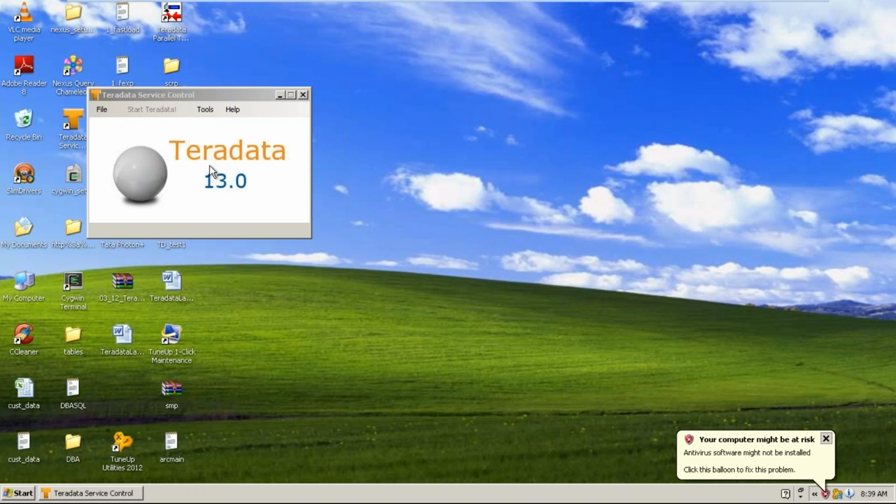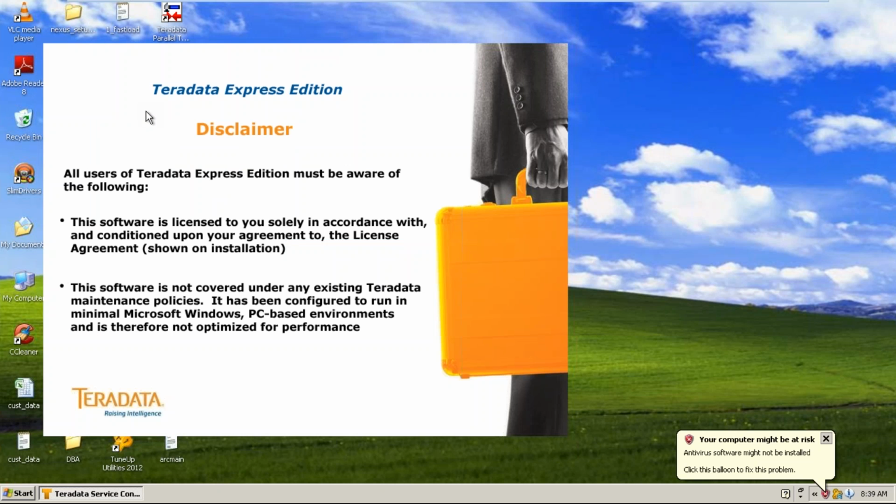When you double click it, it gives you a pop-up showing a Start Teradata button. You have to start Teradata so that it starts all the required engines and processes. It takes some time.